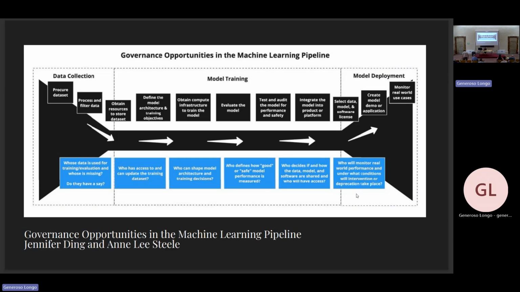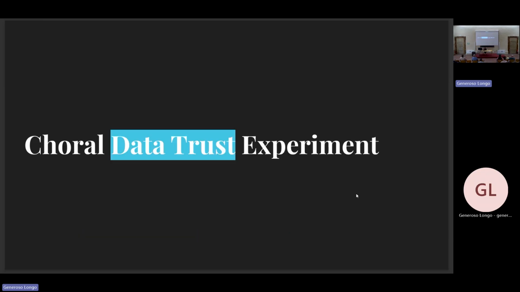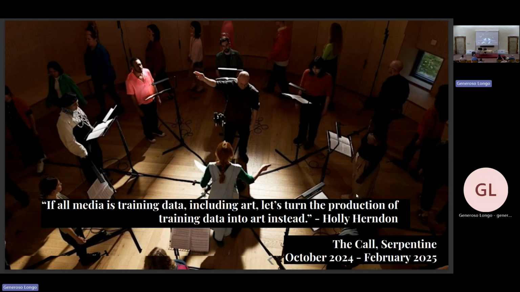So today I'll focus more on the data side of things and really start with this first project called the Coral Data Trust Experiment. This project took place last year with an art gallery in London called Serpentine. They had an exhibit called The Call with the artists Holly Herndon and Matt Dryhurst. And I joined that project as the data steward and the research team to work with the 15 UK choirs that were part of this project and get them involved,